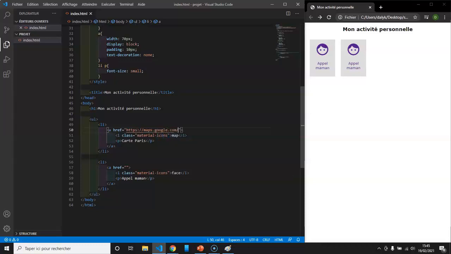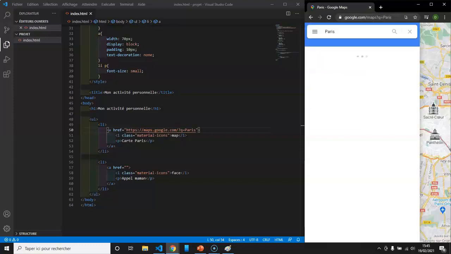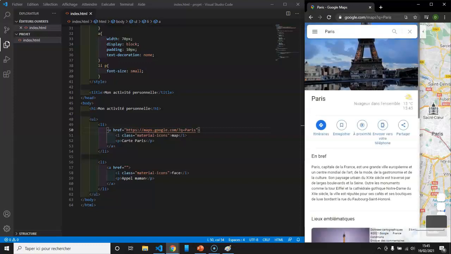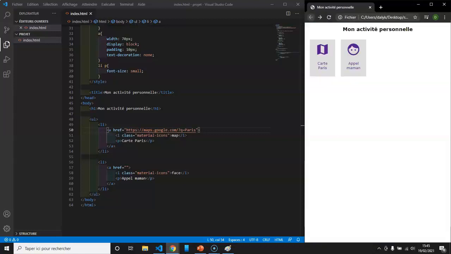maps.google.com. To add a city, just put a question mark, q equals, for example, Paris for us. If I update, I now have the map of Paris with my little logo of Google Maps. If I click on it, normally it takes me to Google Maps on Paris. Okay, we're going to continue. I'm going to simply copy what we just did